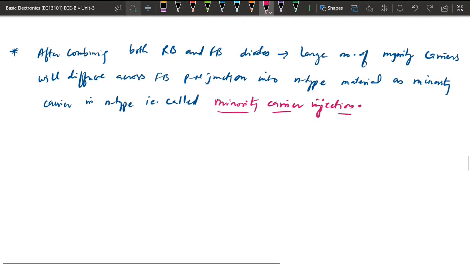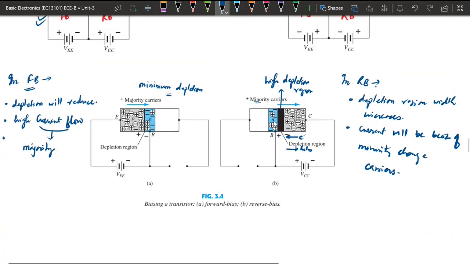Okay, so once we have injected the minority charge in the n-type region, the minority charge can easily pass through the reverse bias junction. So in the n region, whatever minority charge carriers are there will easily pass the reverse bias diode. We have moved majority charge carriers from the p region to the n region, and in the n region it is like a minority carrier, and a minority carrier can easily pass the junction in the reverse bias case.